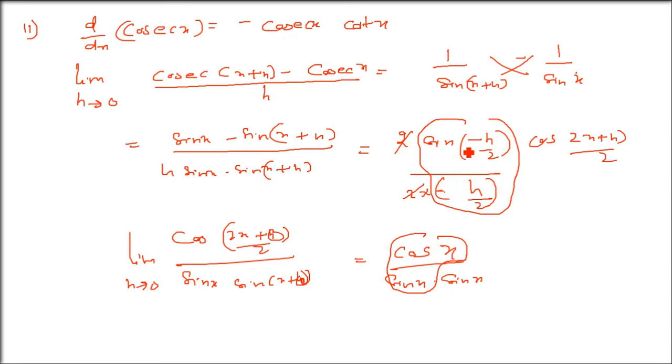So now let me tell you about negative once again. Sin of minus h by 2, when you have a negative in the denominator, when you by yourself have put minus, you have to have a negative in the numerator also. So it will be negative. Otherwise, you can do one thing: sin minus theta is minus sin theta. You can take minus outside. That is how minus has come outside. This is what you have to do, right? So this minus, cos by sin is going to be cot, and 1 by sin is going to be cosec. So minus cosec x cot x is going to be the answer here.